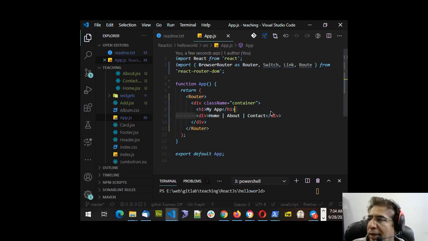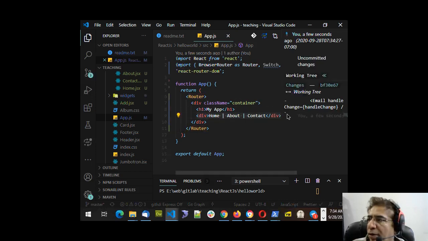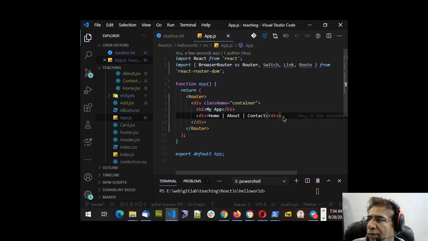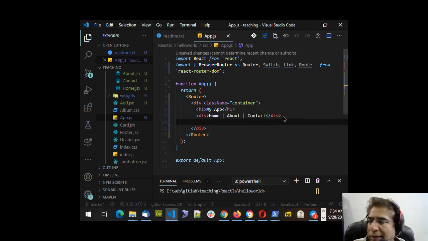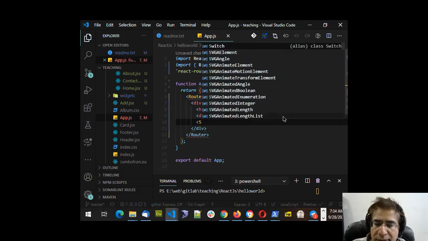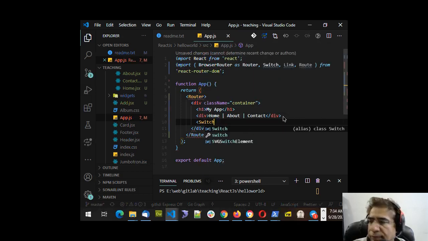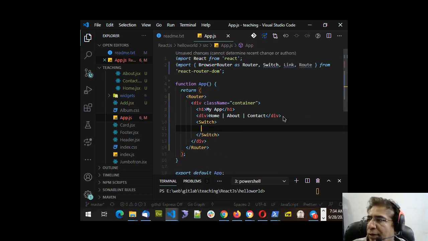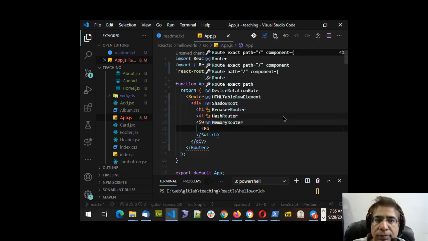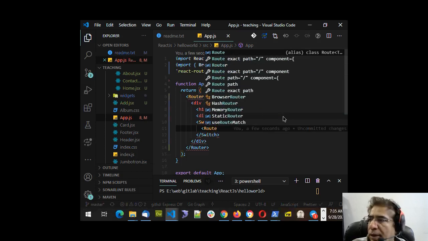Now, these are the links which will be constant in all the pages. So where we want the dynamic content to be changed, at that place, I will start with the Switch statement. I'll start with the Switch element, and inside the Switch element, I will create different routes. So first Route,